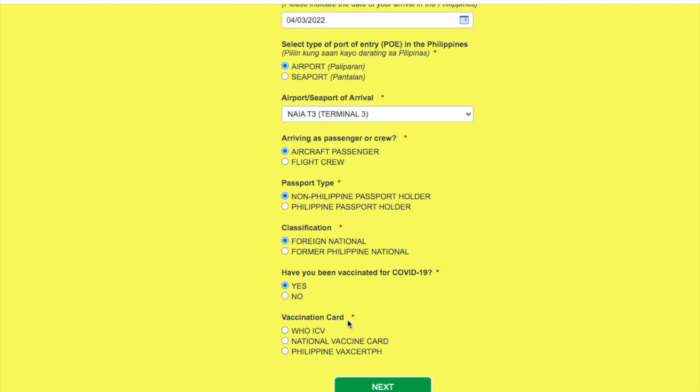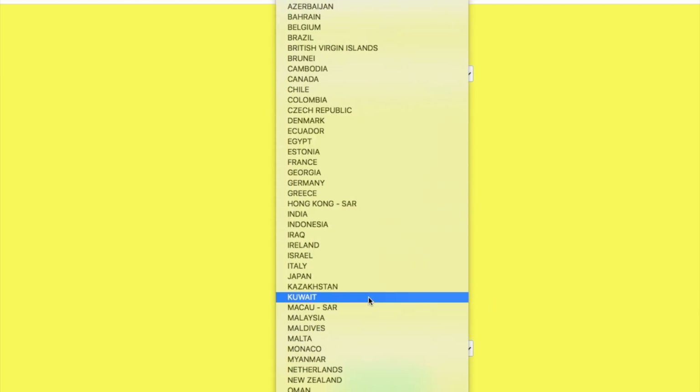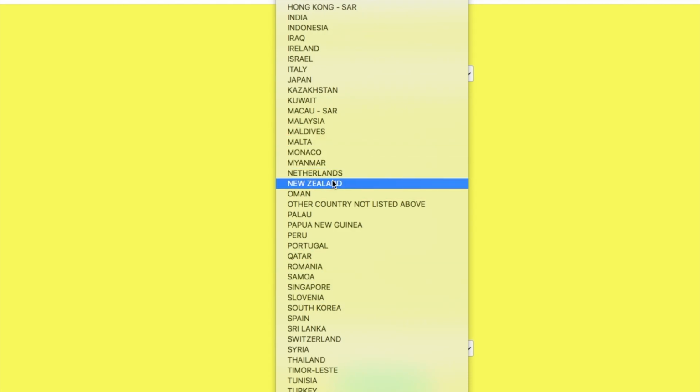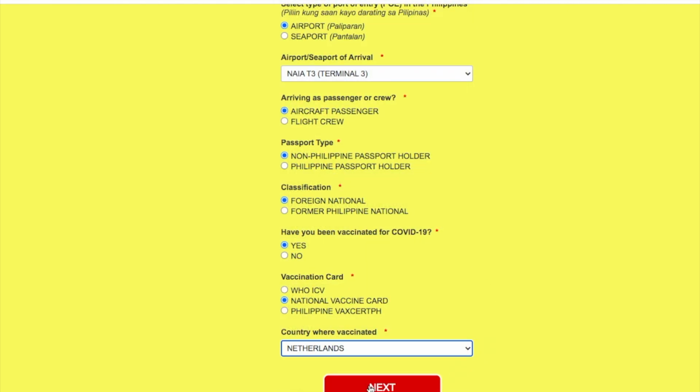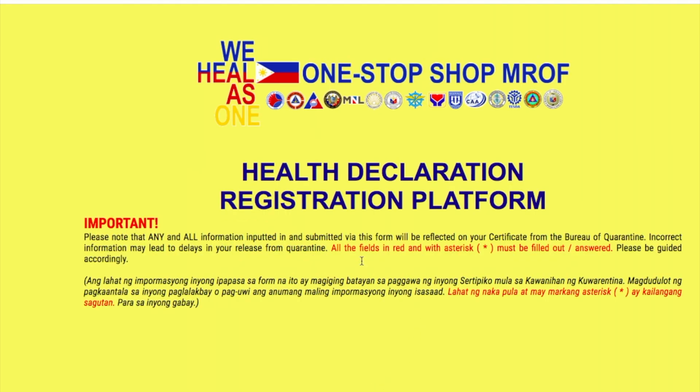Vaccination COVID. Have you had a COVID vaccination? Yes. The national vaccination card, and then click which country you were vaccinated in. So I am vaccinated in the Netherlands, and then click next, and then okay,